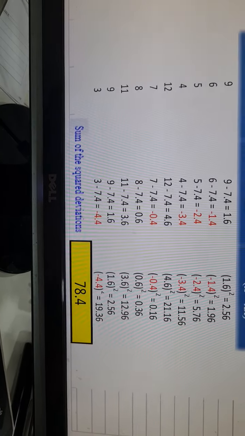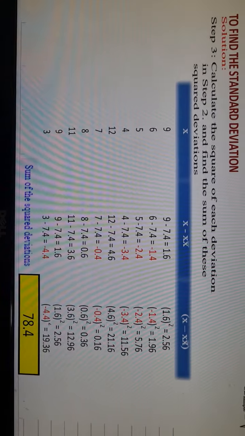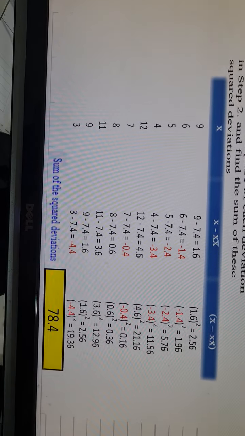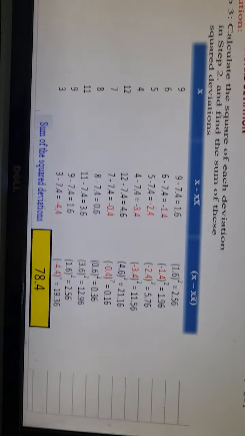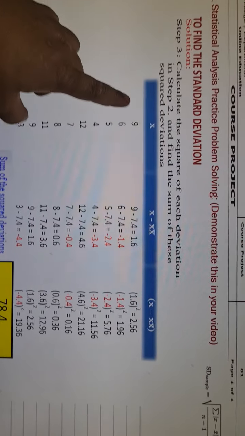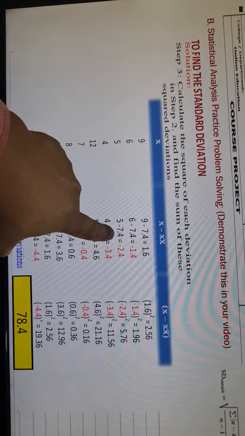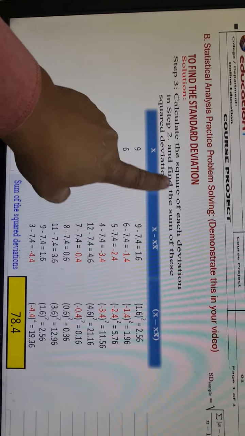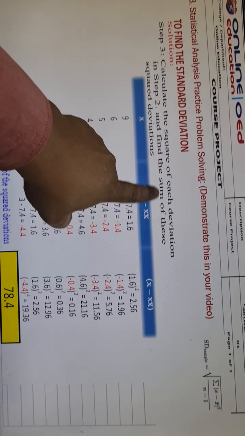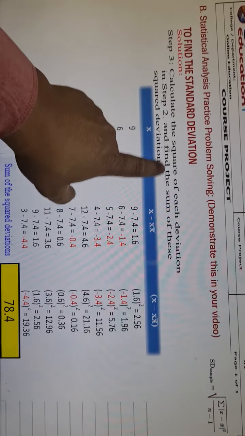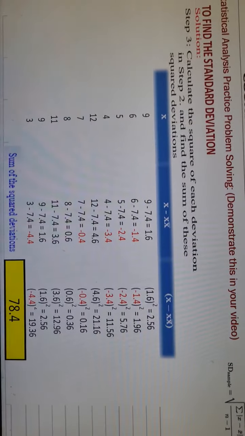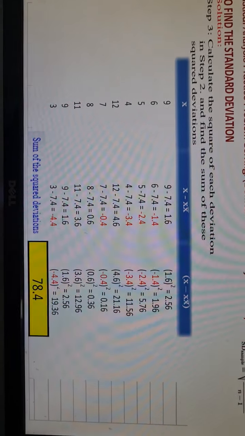Now, the third step is we need to calculate the square of each deviation from step 2 and find the sum of these squared deviations. We have already calculated the deviation of each number. In order to calculate the square of each deviation, x equals the deviation that we found in step number 2. So therefore,